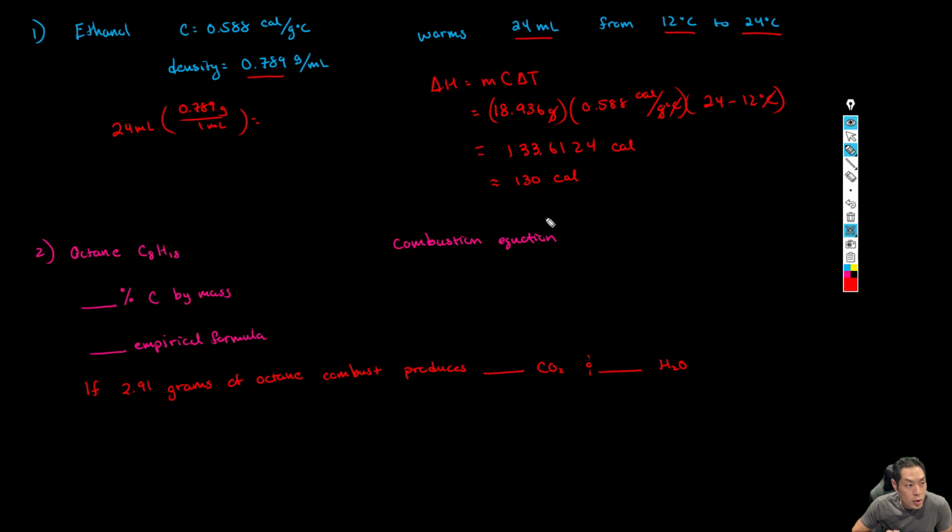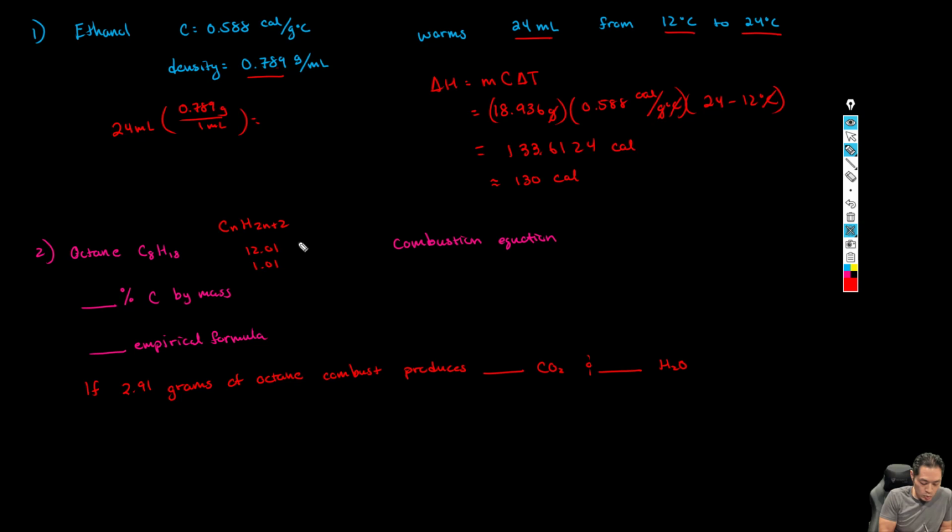Number 2, we're going to burn octane. Octane is 8, so C8, and remember, for all hydrocarbons, it's 2N plus 2. So 8 times 2 plus 2 gives me 18. Now, first we want to find out what percent mass this is. So I'm going to try to find a place to squeeze everything in. Carbon has a mass of, let me see if I remember correctly, 12.01. Hydrogen has a mass of 1.01, and if we multiply each one correctly, so 8